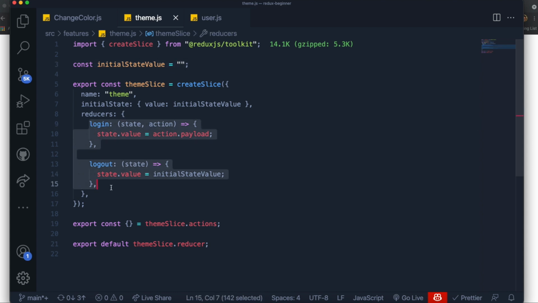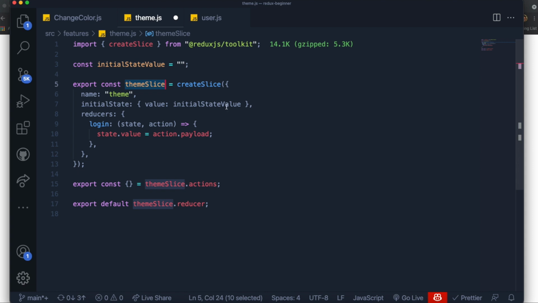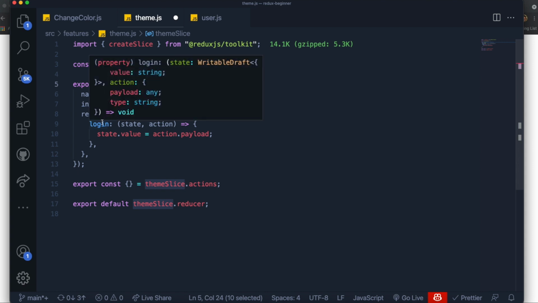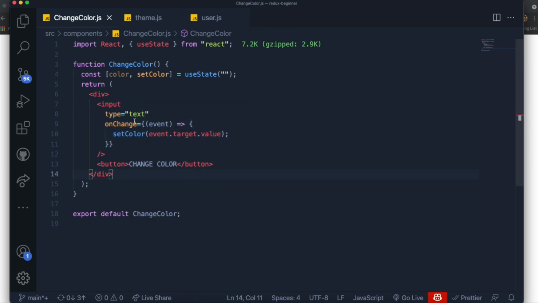I'm going to delete all of this over here. Actually, I'll just keep one of them. And we want to create our first action that we might want to take whenever we are using this theme slice, right? So what is the action we want to take? Well, we really just want to change the color, right? We want to change the color to whatever the user wrote over there. So I want to create this action called changeColor, and it will take in the state and the action